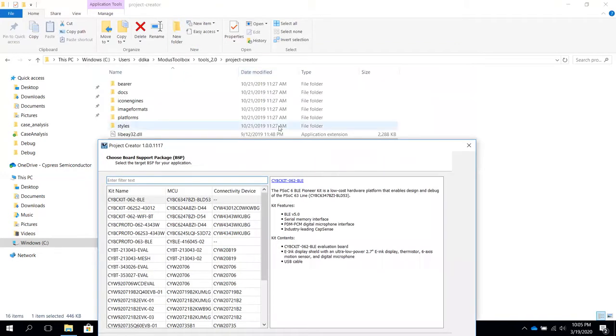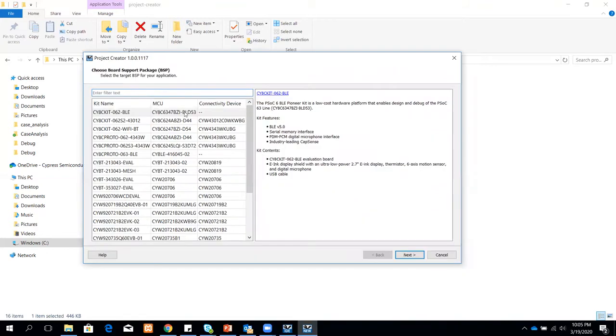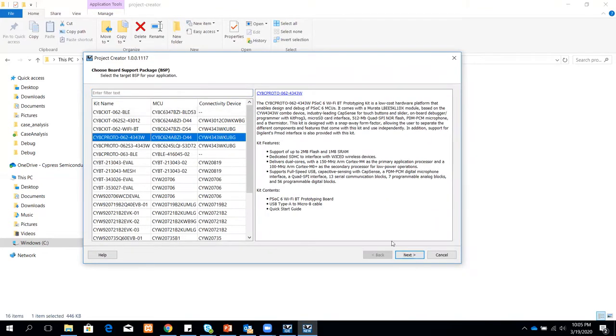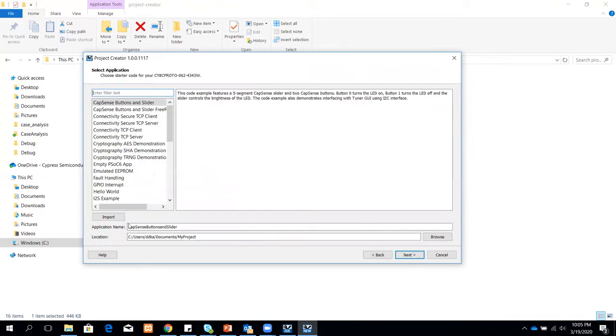And if you notice here, you have all the BSPs which you can choose. So let me choose the ProtoKit. When I proceed next, you have another option here to tell what the target location should be. So I'll choose the MTB PSoC 6 project, and then I'll probably call it Blinky project creator.